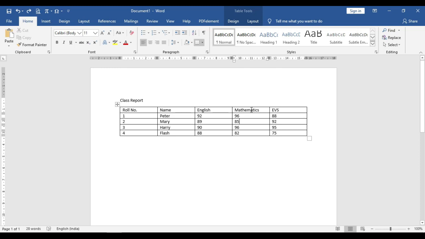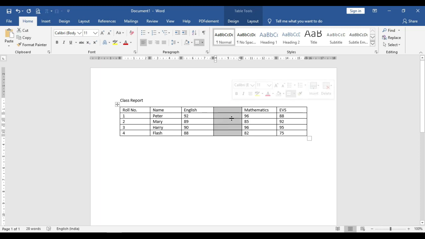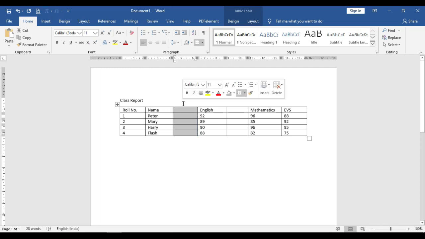So just go to the top of the line and you can see a plus sign here. Just click on the plus sign and a new column will appear. Let's insert a new column here. Click here in the cell, then you can see the plus sign is here. Click it, a new column appears.